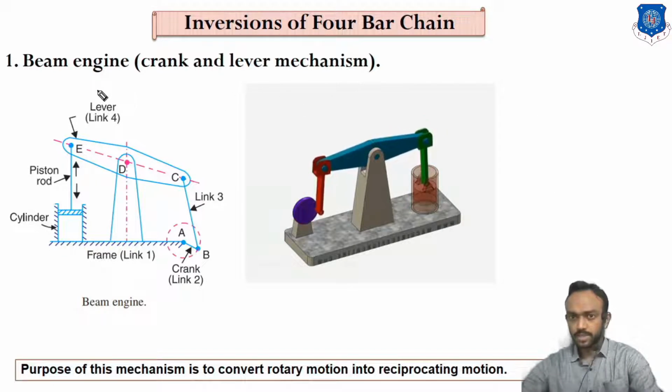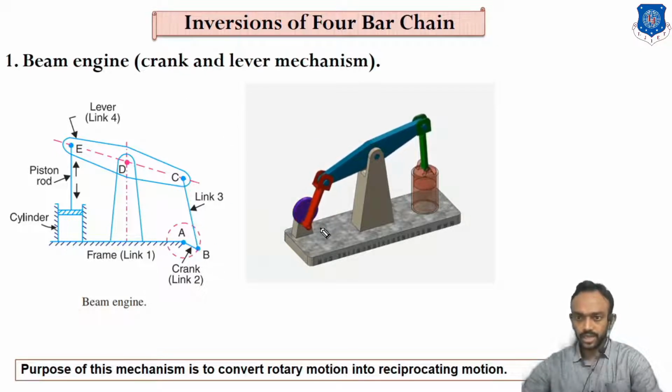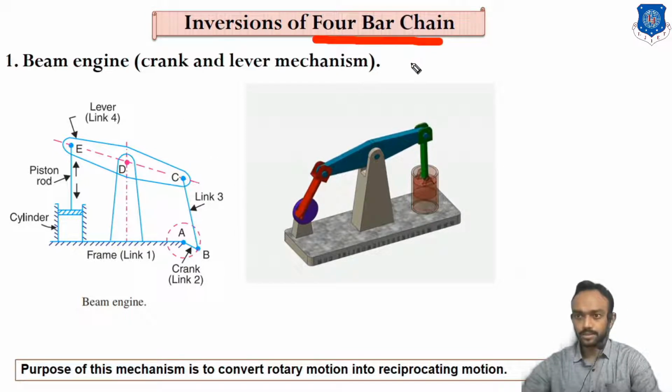So this is the beam engine, also known as a crank and lever. You can see there is a crank rotating. The crank is connected to a connecting rod, the connecting rod is connected to this lever, and the lever is connected to a piston rod and piston. But sir, it is the inversion of the 4-bar, so why is there a piston? It should be a single slider. No. When I am saying that